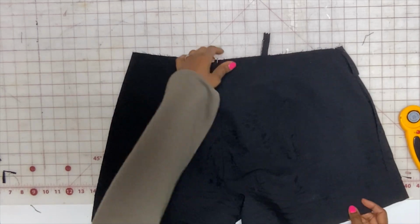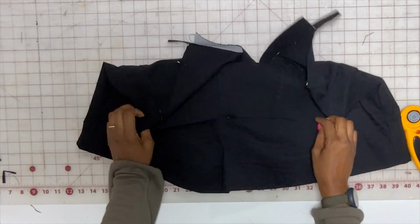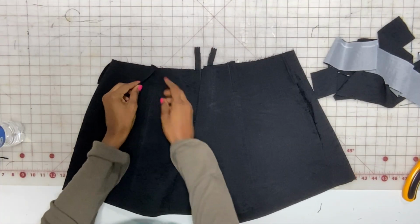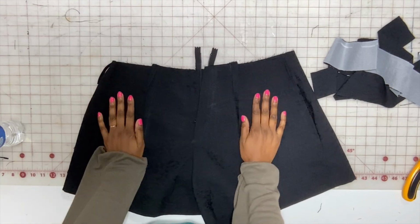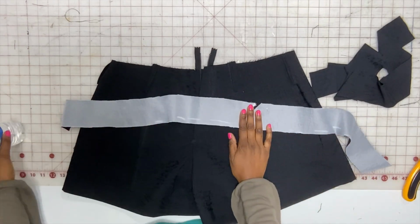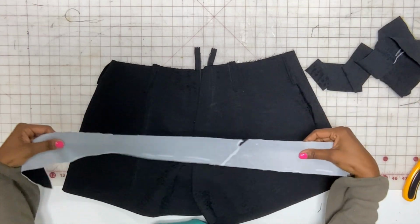So once you have it pinned, just go ahead and do a base stitch across each one. Okay, so we have the belt loops base stitched on here. Now what we want to do is grab the waistband. So you have the interface side and the uninterface side. You want to take